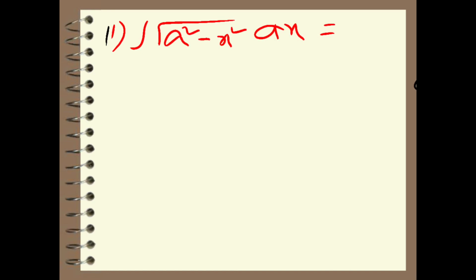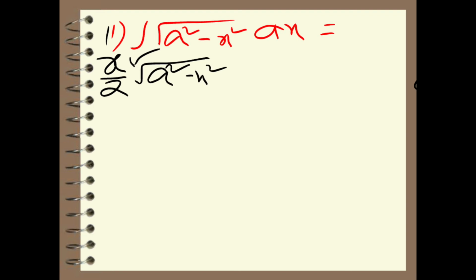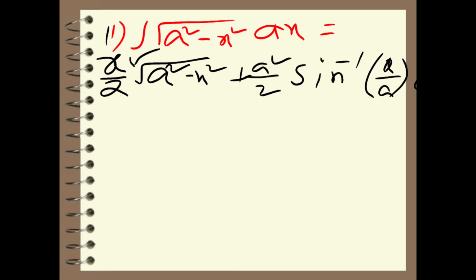Once again I am explaining these three formulae, so please listen carefully. These are integration by parts. First one, integral root a square minus x square. Observe carefully, very simple to remember, my dear. First part x by 2, same root a square minus x square, plus second part always consisting of a square by 2, and the formula for 1 by root a square minus x square, sine inverse x by a. Plus c is common for all.